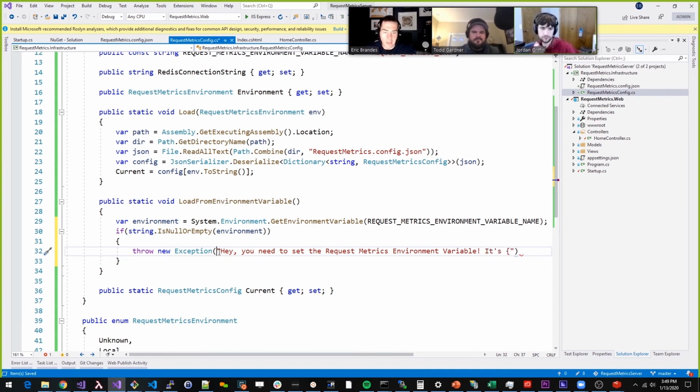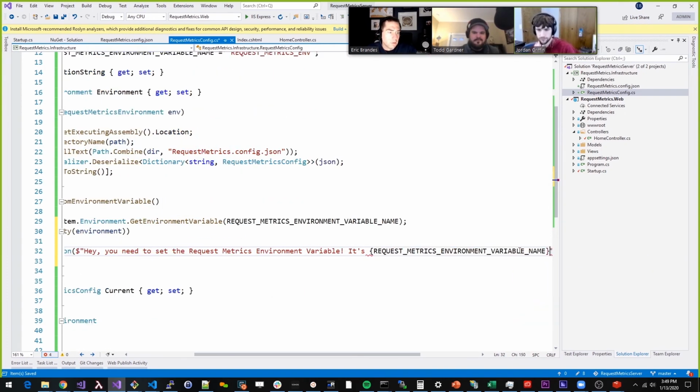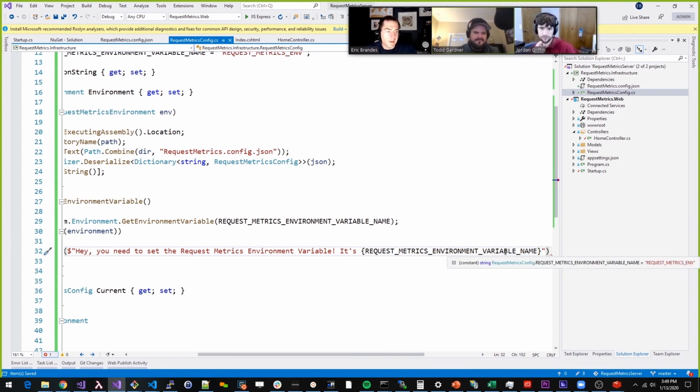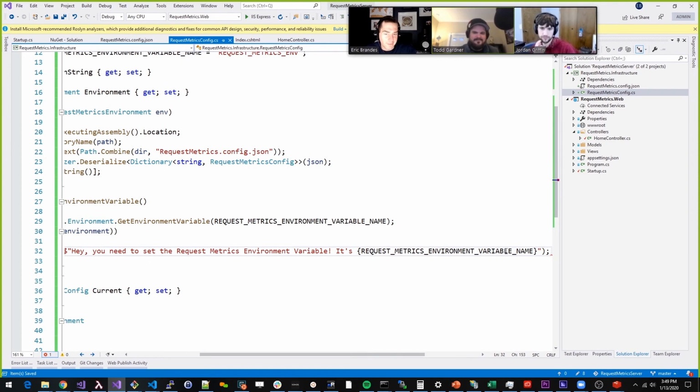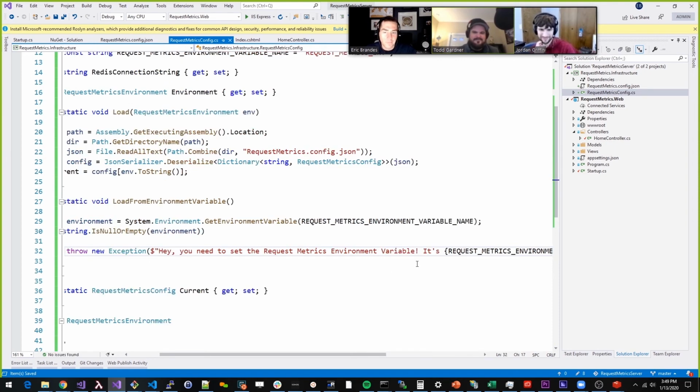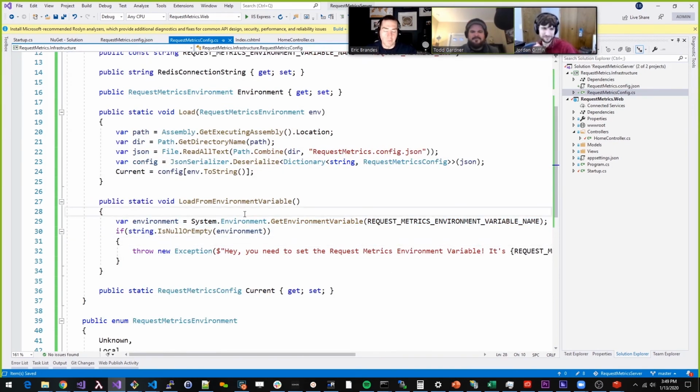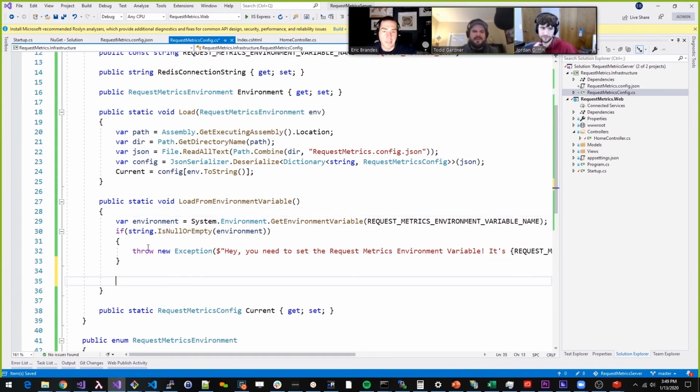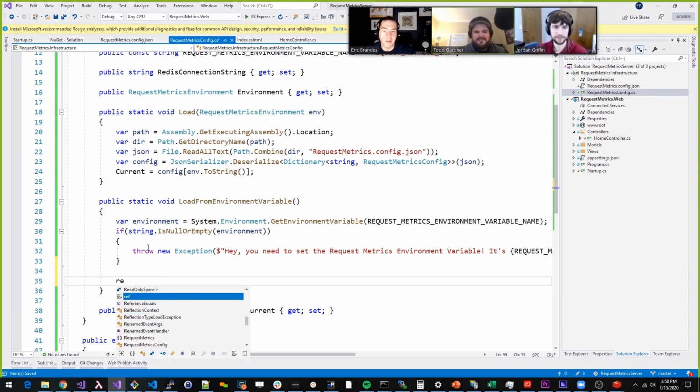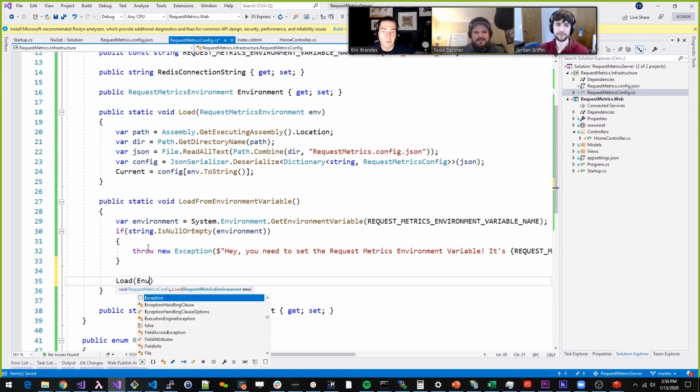And then Todd, this is the true magic of .NET Core. Templated strings. Look at that. No string format for us. Right, so now this is perfect. You're not done. You got to actually do it. So then I can actually do return, or I can just do load